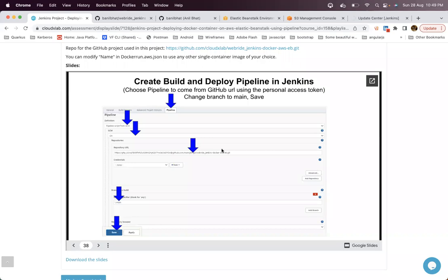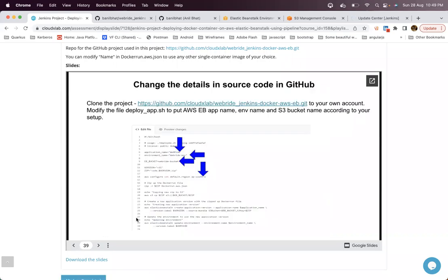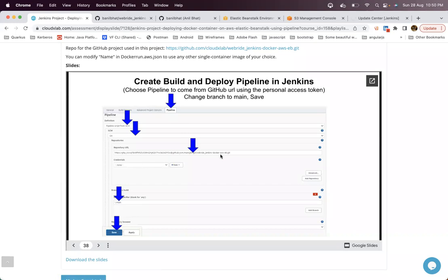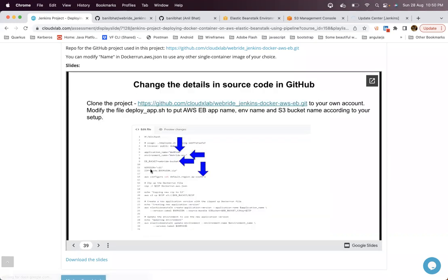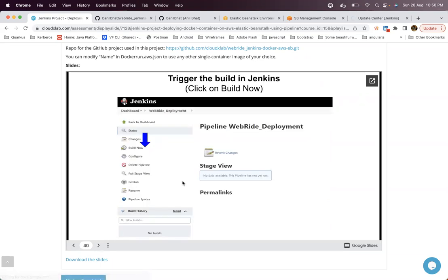We can configure the GitHub, and then we will trigger a GitHub push. Once you configure the pipeline with the GitHub repository, you are good to go. Then you just do a GitHub push, and you should be able to see that your project is getting deployed in the AWS Elastic